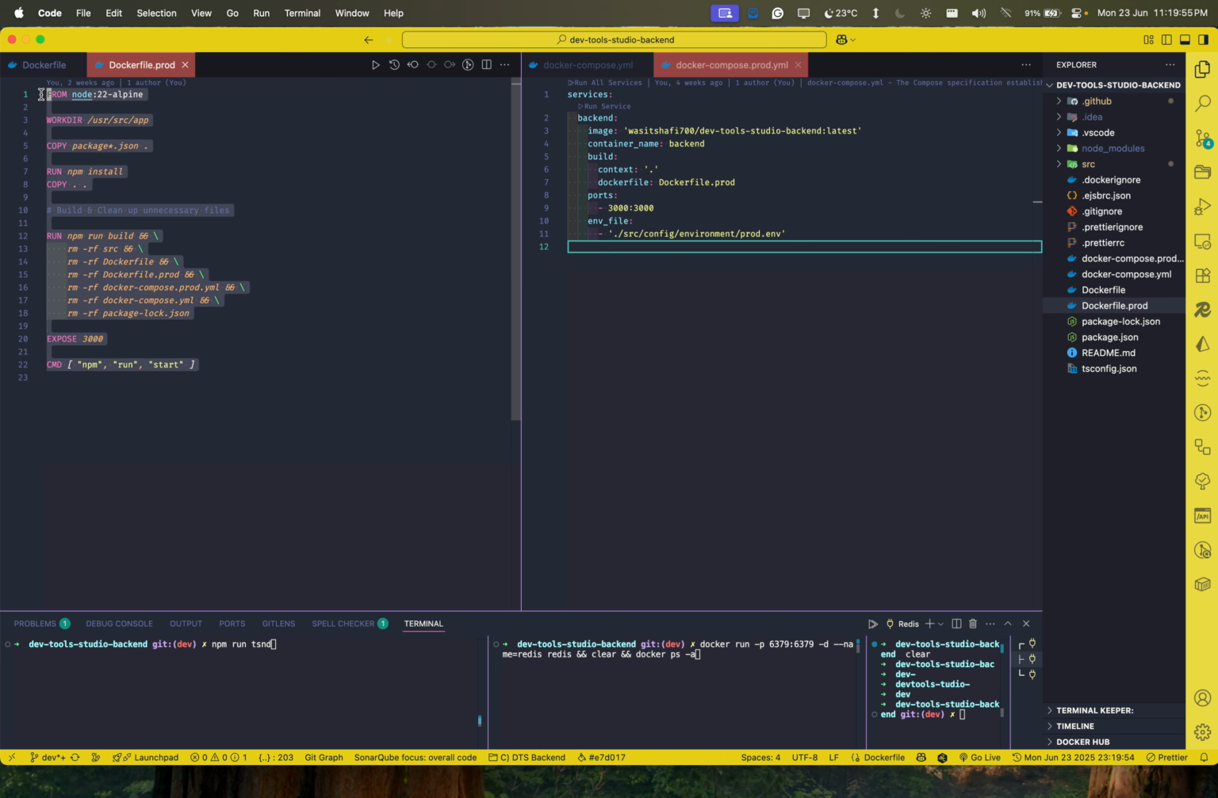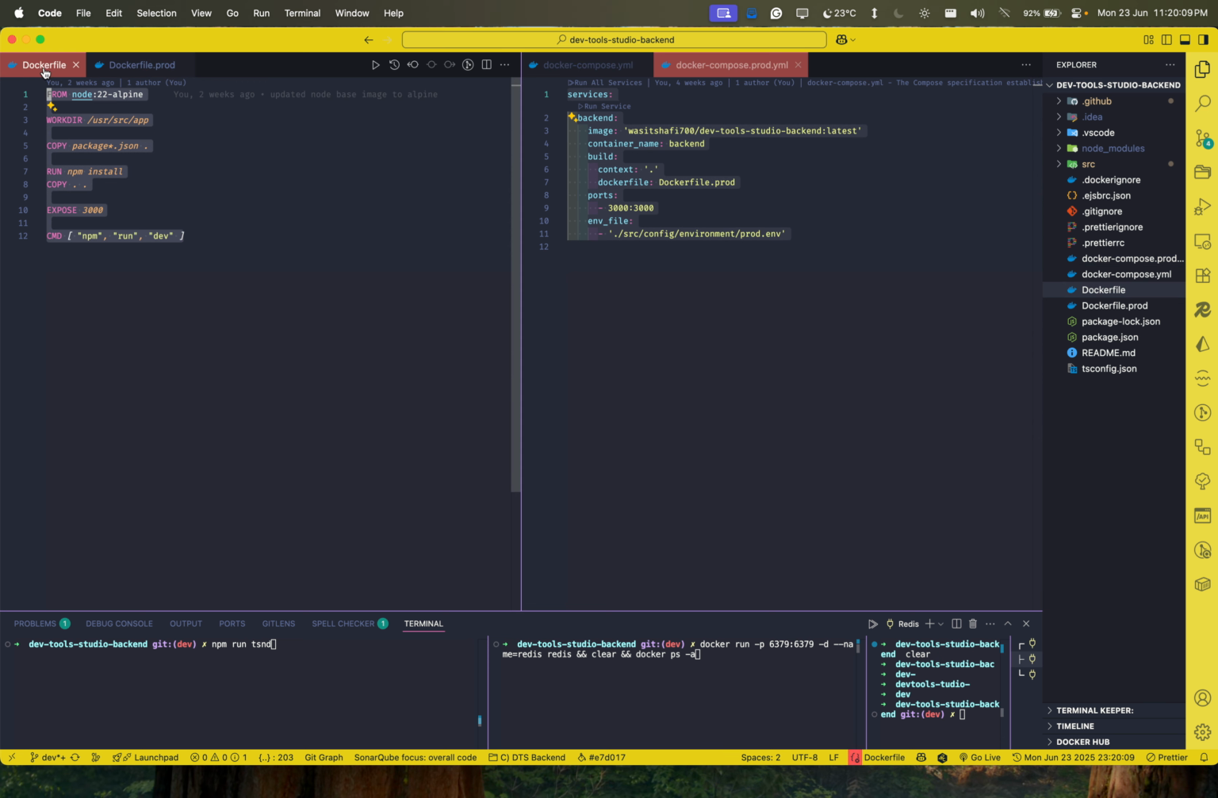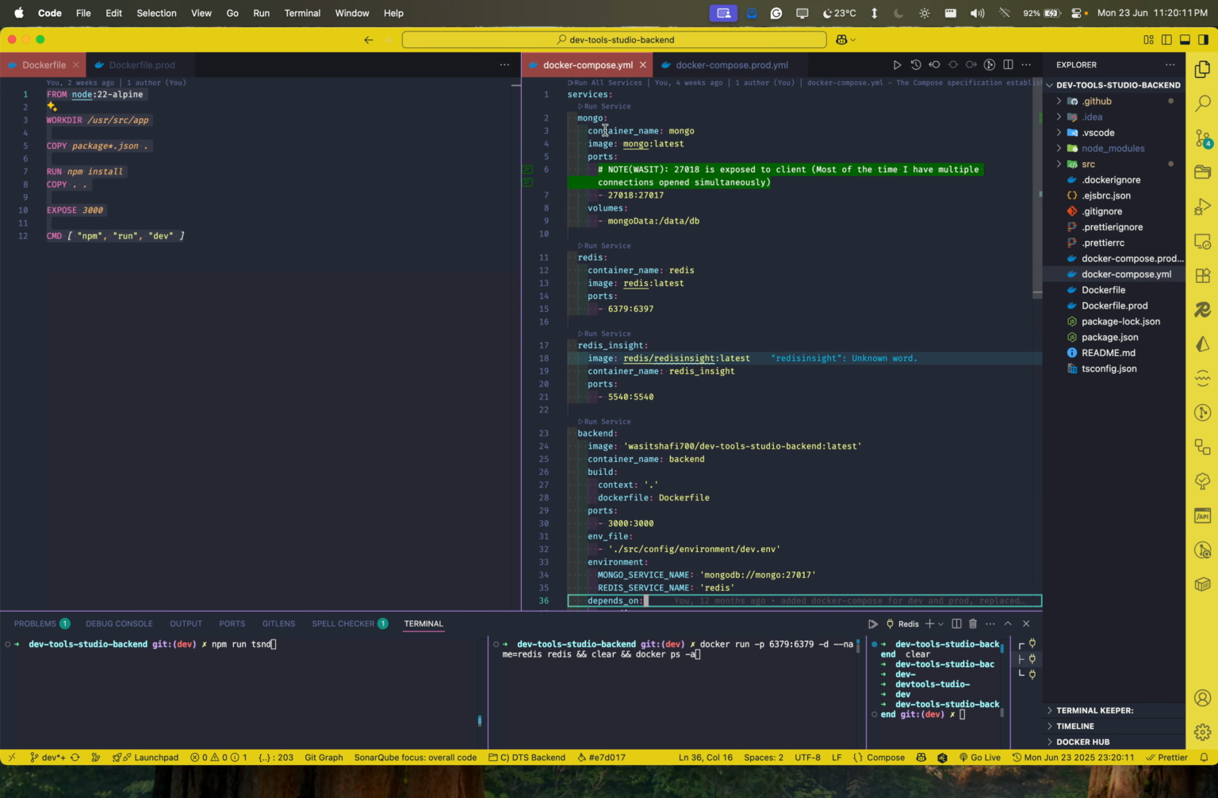I'm building a Docker image and just simply running this, because I'm using the paid services, let's say MongoDB Atlas and Redis Cloud. Because of that, I don't need other services for this. And for development,